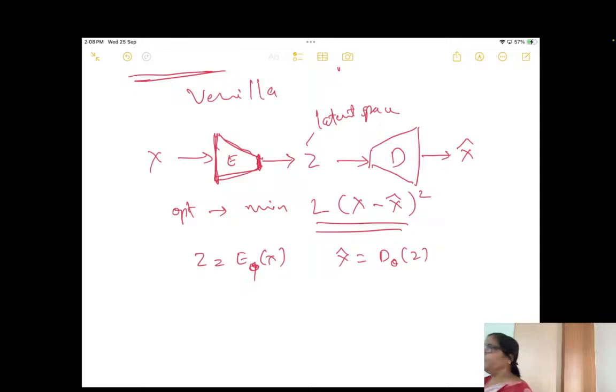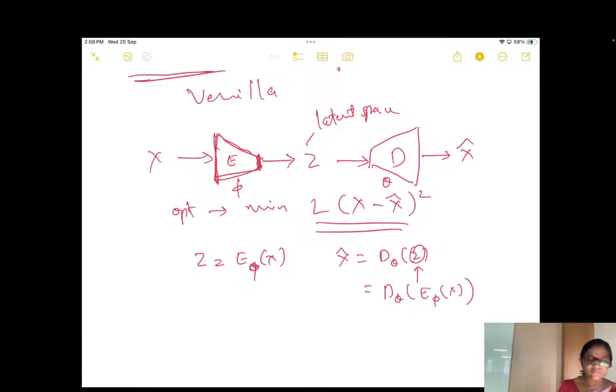They are the parameters of the encoder and decoder: the weights, the W's of the encoder and decoder. If I put in a Z value, what do you get? Isn't it? So what you are trying to do is